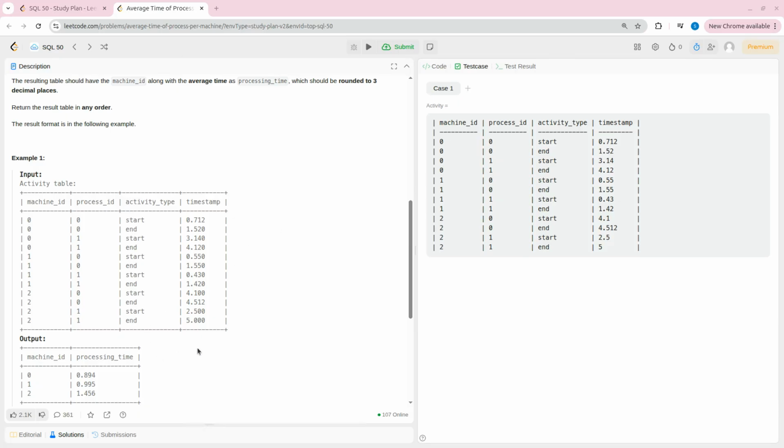So if we want to find the average time, then we would need to find the duration or time taken by each process to complete, then total time divided by number of processes. To find the duration of time taken by a process to complete, we would need start time and end time